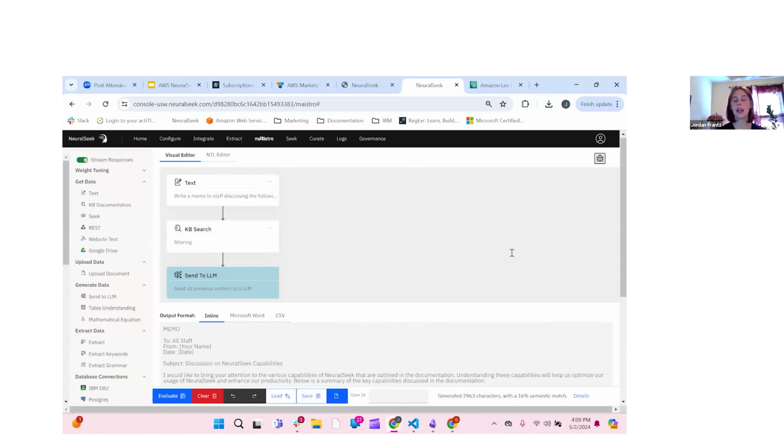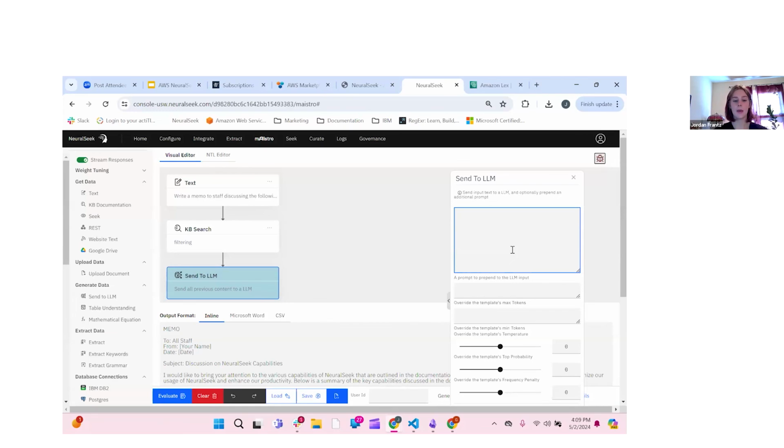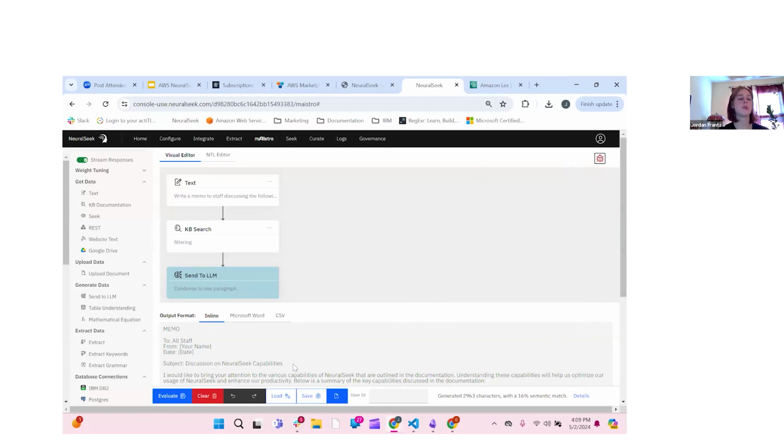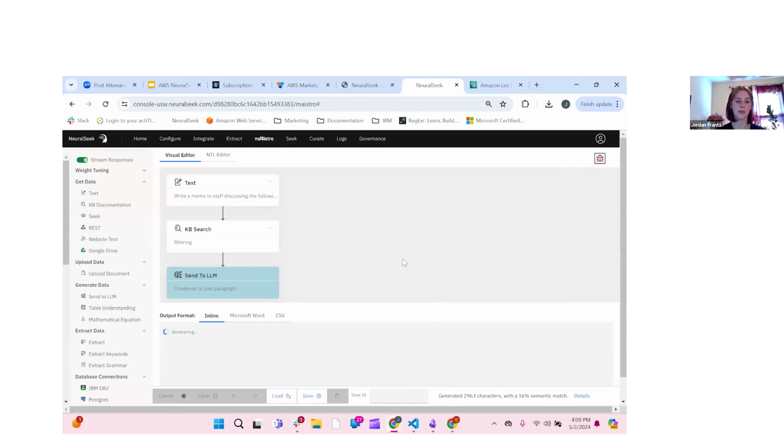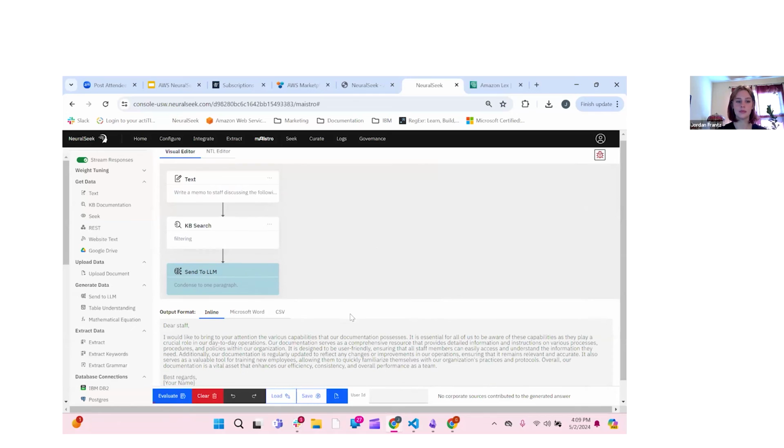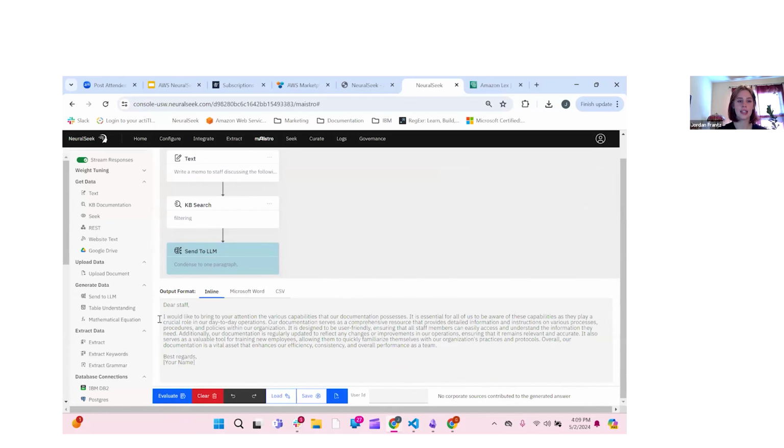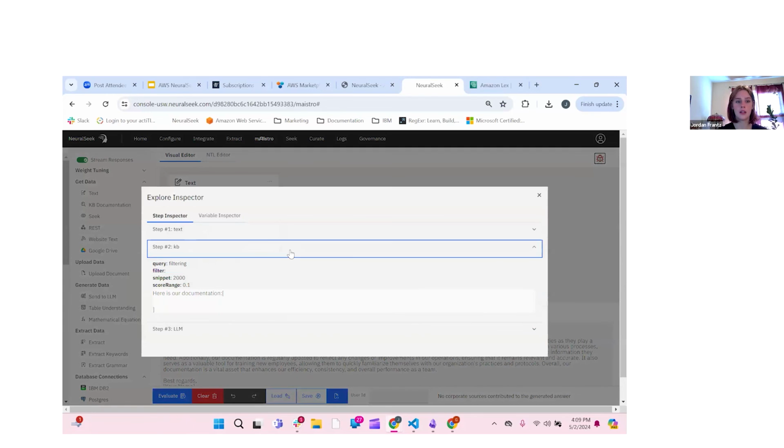Let's say I think that this is a bit too long. What I can do here is edit, and we're going to condense to one paragraph. And we're going to see how this affects our new output when I do prepend a prompt to the large language model. So I'm going to go ahead and click evaluate one more time. All right, and we can see here that our staff would like to bring your attention to various capabilities. Looks like we had a